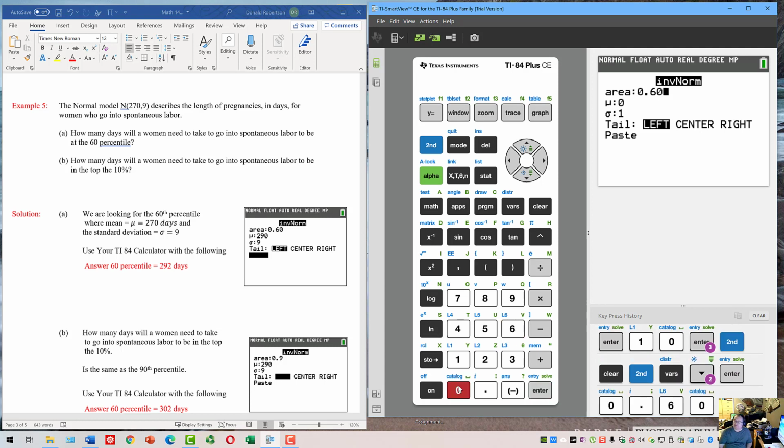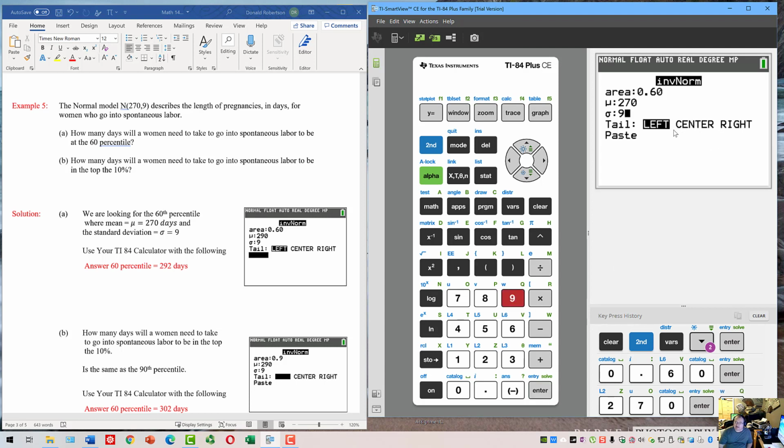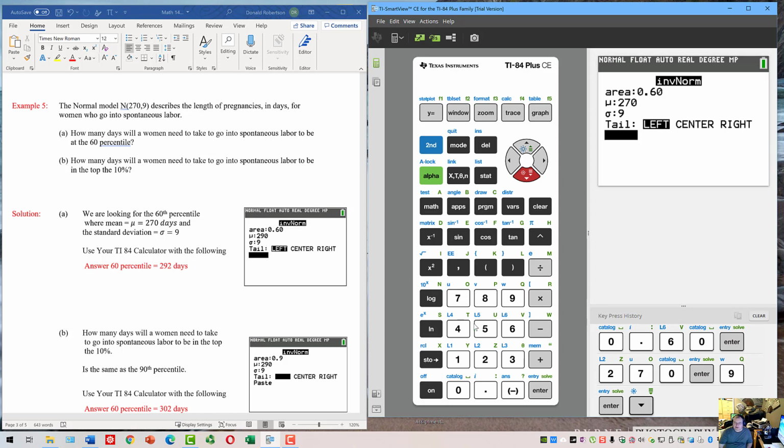Right, there we go. The mean is 270. The standard deviation is 9. And it's best just to leave this thing alone. It's always on left, so leave it on left. And then hit down to paste. So you see that that's the picture. There's my screen grab. So when I hit enter, it will do the calculation, followed by roughly